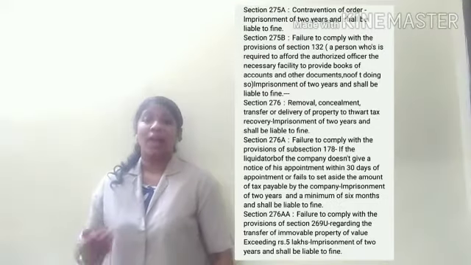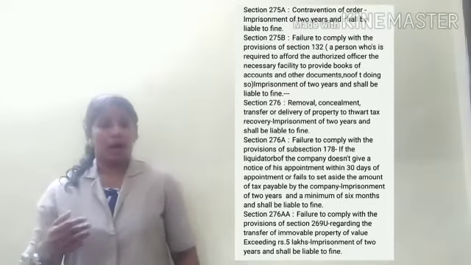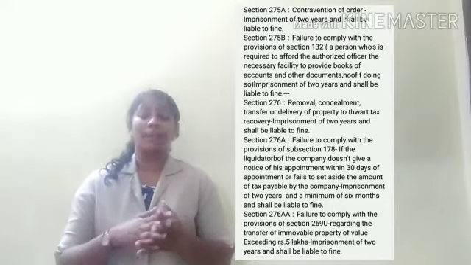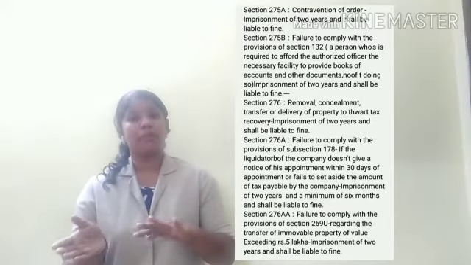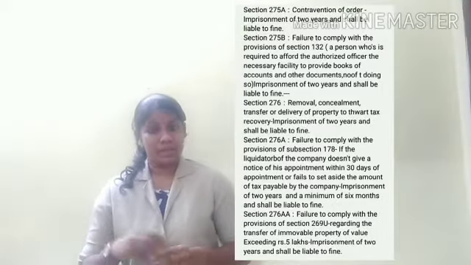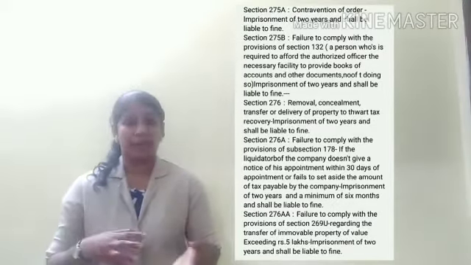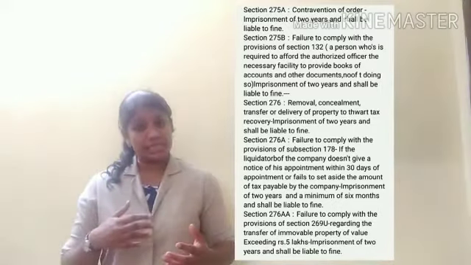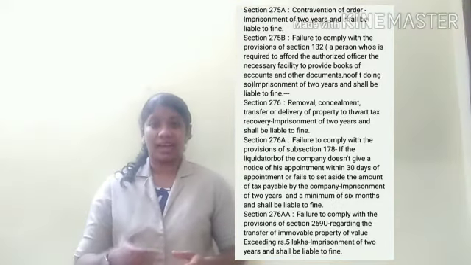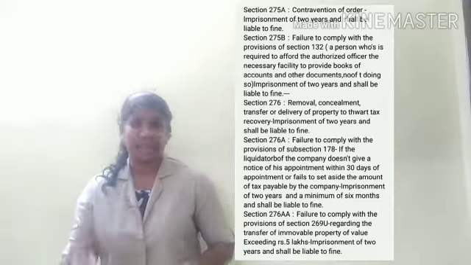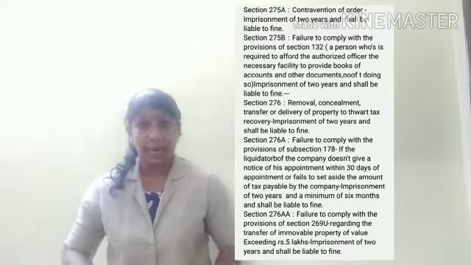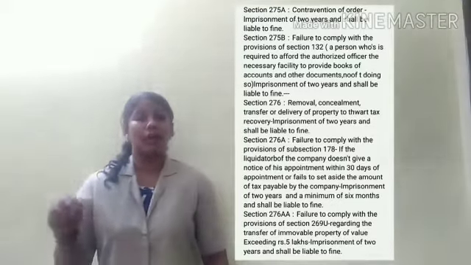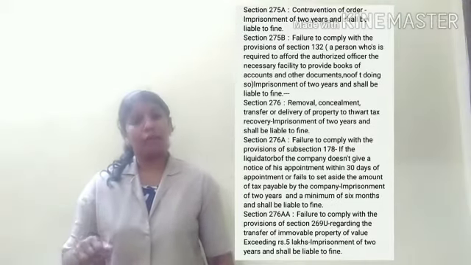You study in this same order. Here a person who is responsible, who transfers immovable property of an amount of rupees 50,000 or more. Immovable property means building, land. If I transfer an immovable property exceeding rupees 50,000, that is, if I sell it to someone else, which we call transfer, and do not inform the income tax authorities, he shall be liable for an imprisonment of 2 years and shall be liable for a fine.